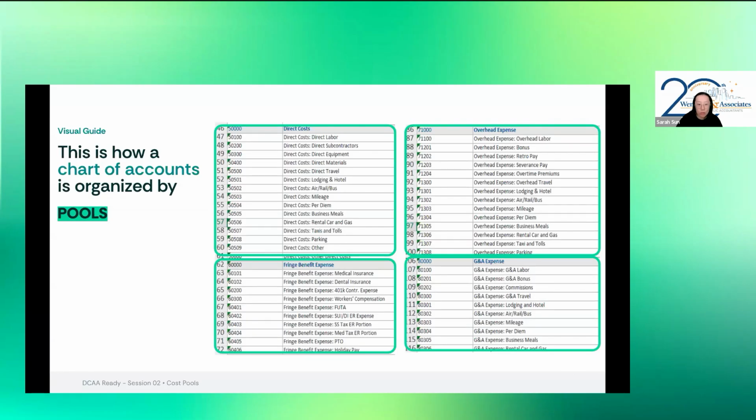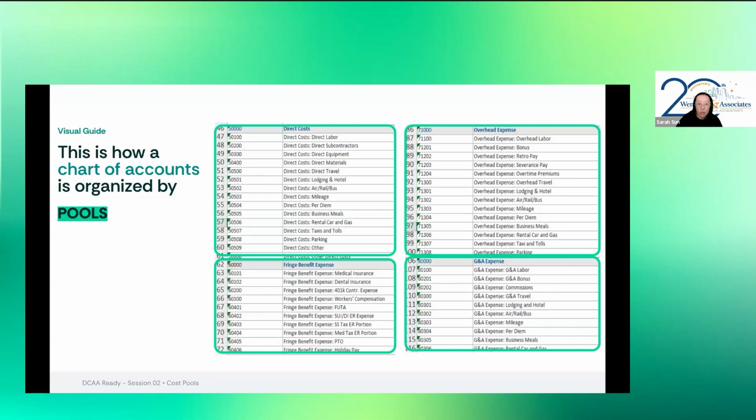For example, medical insurance or 401k contribution, Social Security or Medicare tax, as well as travel expenses. So those individual accounts then roll up into a much smaller number of cost pools. For example, you can see the medical insurance, payroll taxes, PTO, and 401k are all rolled into the Fringe benefit